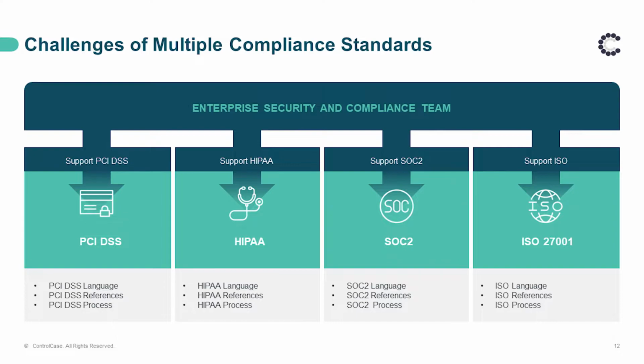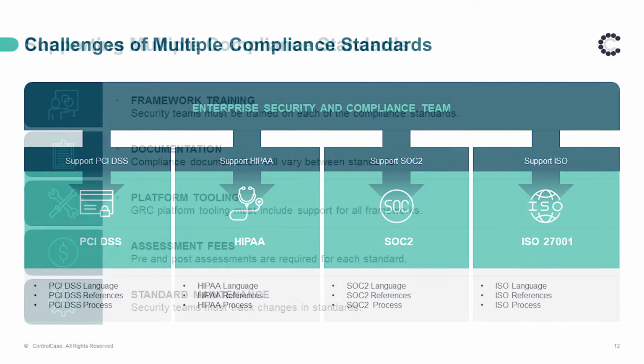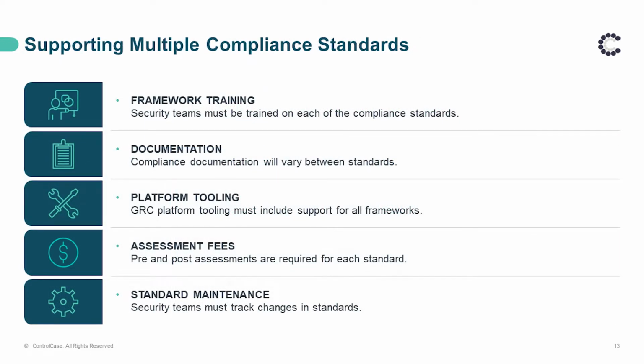And it's ironic because at the root, most of these standards are asking for very similar types of emphasis areas and controls and functional capability. So they're all more or less asking, in a colloquial sense, the same question in different languages. So it can be very frustrating for security teams because it introduces additional cost and complexity